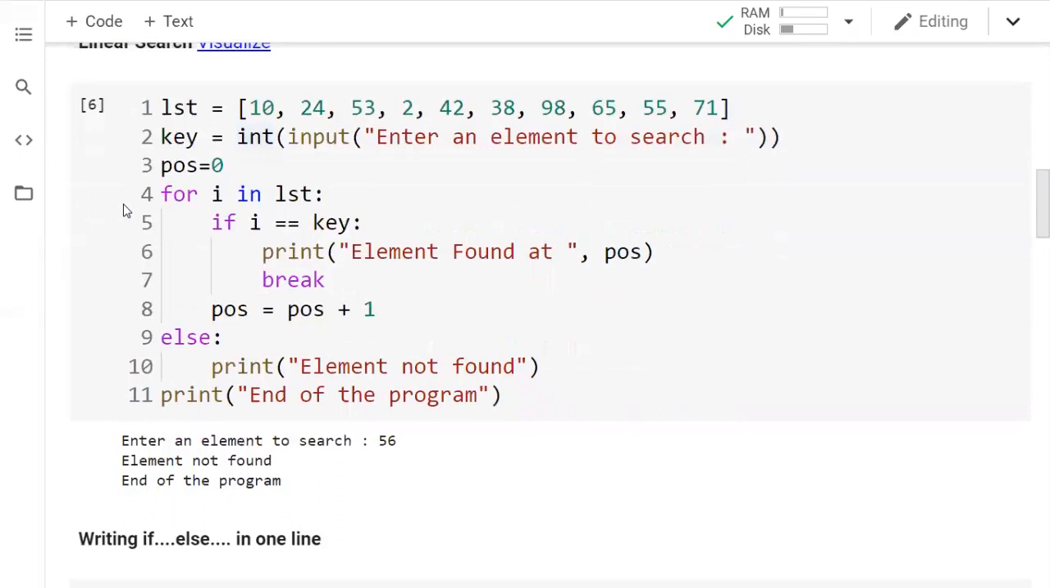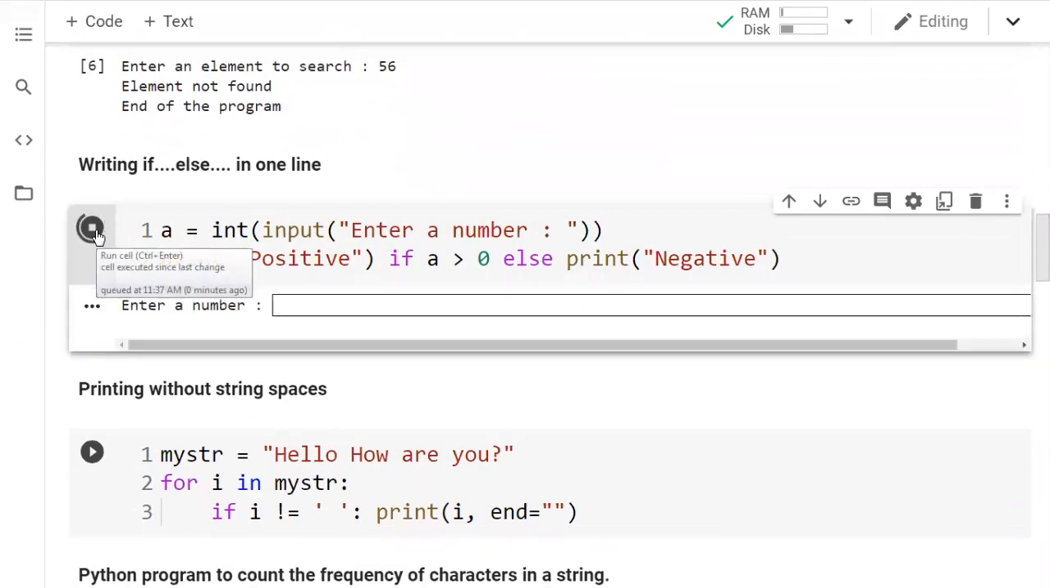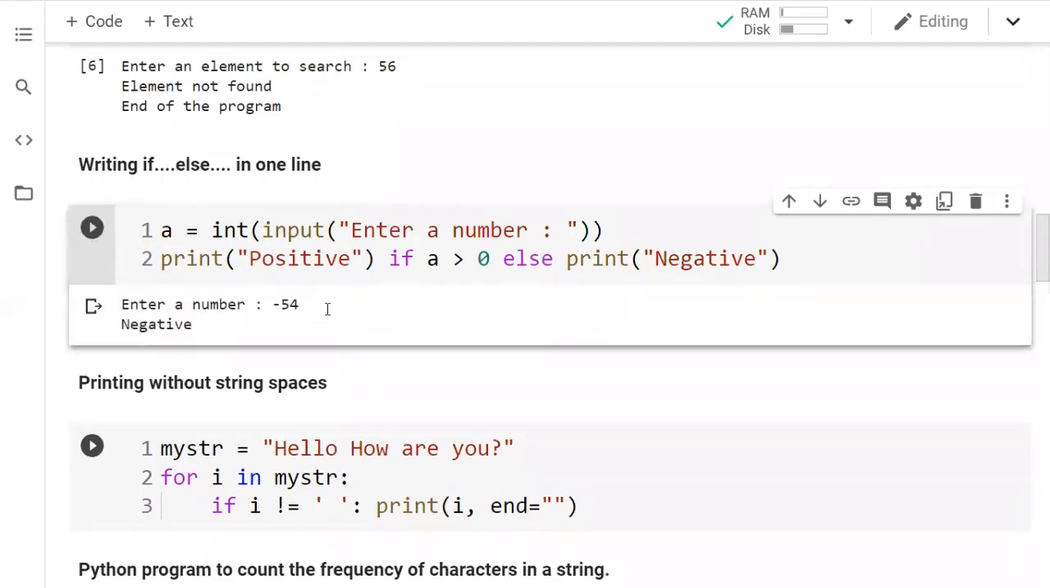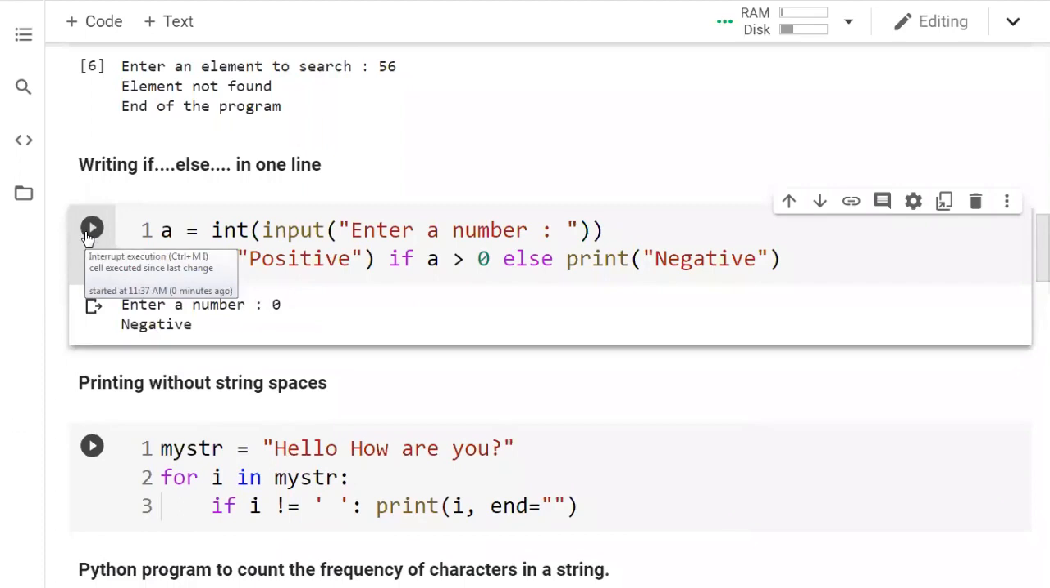Look at the code I have given here. The code is also there. Look here, the same code. I'm just running it and you enter a number. I give a number, minus 54, negative. I rerun it. I give 0. 0, of course,